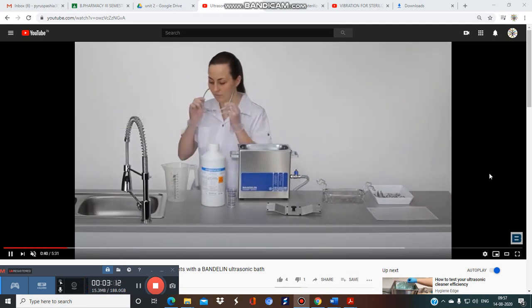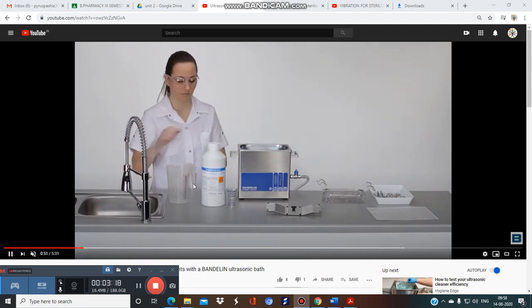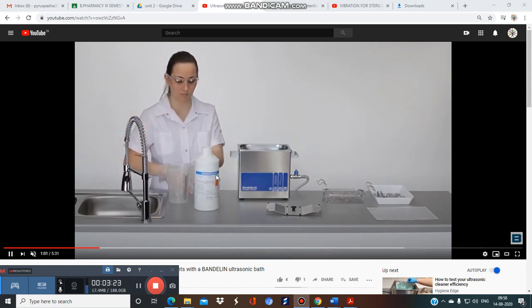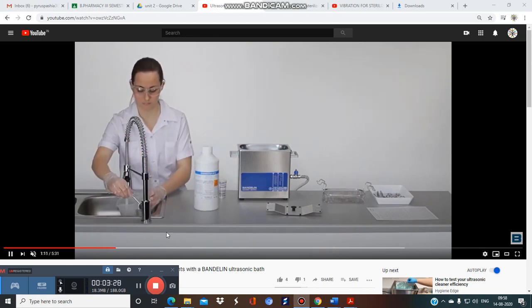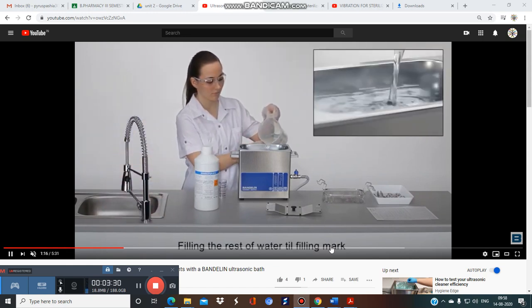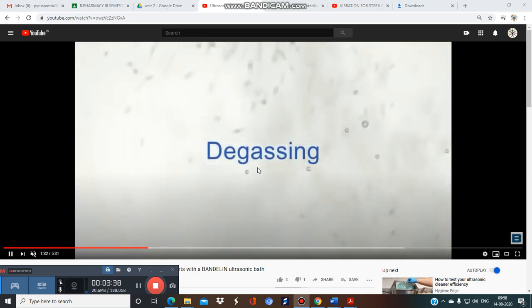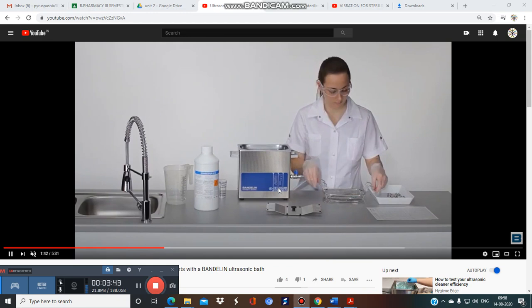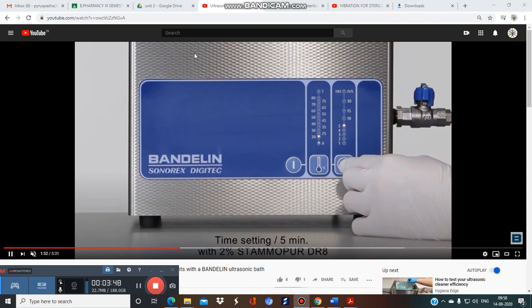So this is very important. Always wear all the safety gadgets that are required as per SOP, and you can put water in this ultrasonic bath and a particular amount of the disinfectant also at a particular concentration. After that, when you reach a particular mark, the next step is to switch on the apparatus, and this process is known as degassing. Basically that is the mixing of disinfectant with the water, and you can put your sample in this way, start the processing and cover with the lid.